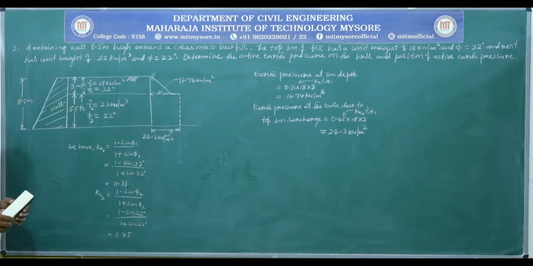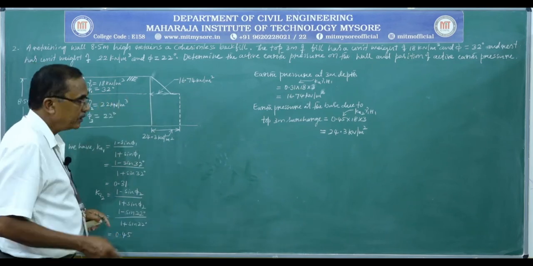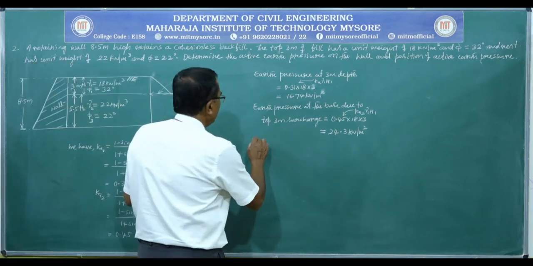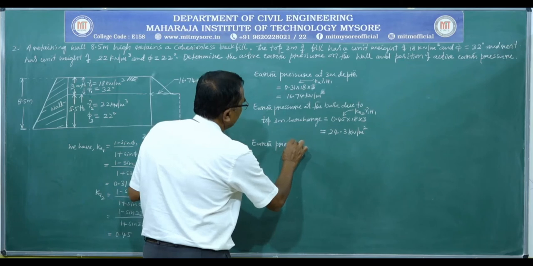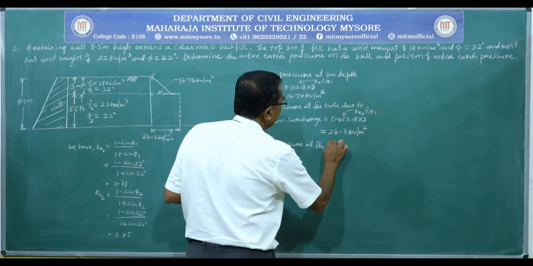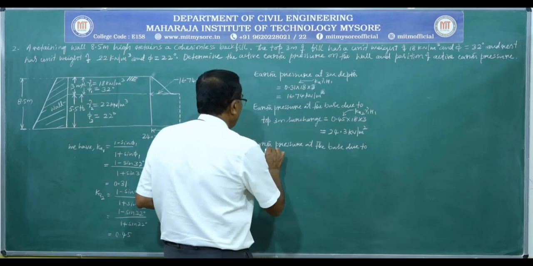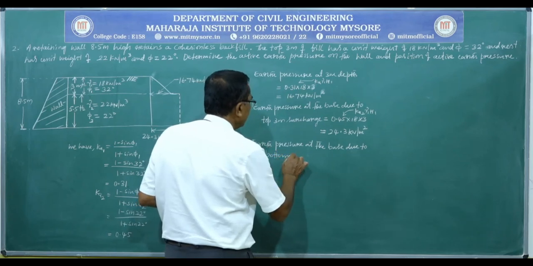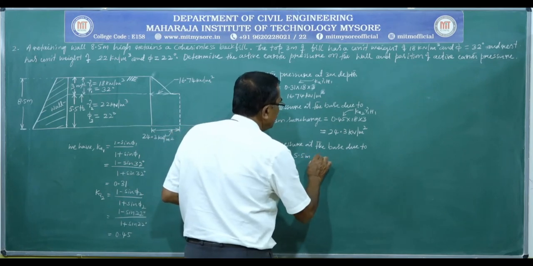Next, now you have to calculate earth pressure due to the bottom layer. Earth pressure at the base due to the bottom 5.5 meter height. Next, earth pressure at the base due to bottom 5.5 meter, that is equal to